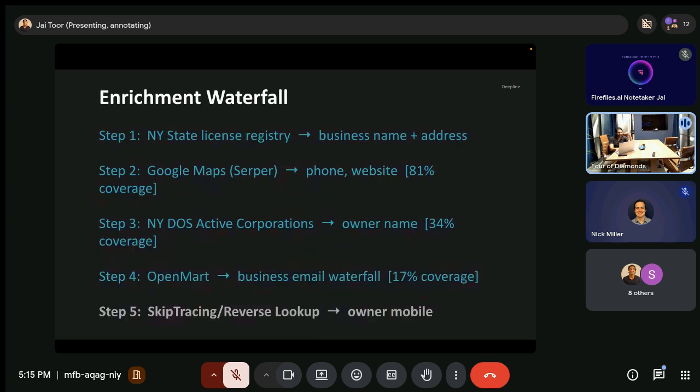The last one is the skip tracing reverse lookup. And that was the one that we were able to get actual owner mobiles on. So there's a couple providers we're testing out here. I'm not going to pick one specific one, but the one that we are getting the best results from is called Endato, and it will be added to the platform soon. Right now, we're QAing that that's good at scale and will work for other use cases as well. But we're generally seeing really good results on restaurant and like SMB data, and we generally got pretty good results here.